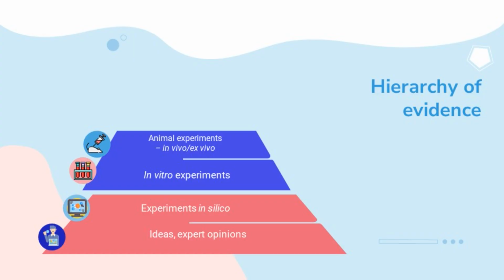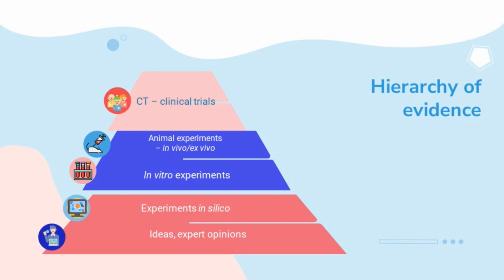You can see that the slide states in vivo and ex vivo experiments. In vivo refers to experiments or procedures conducted within a whole, living organism in its natural state, meaning right within an animal. Ex vivo refers to experiments or procedures performed on tissues or organs outside the living organism but maintaining their biological structure. For example, when blood cells are extracted from a patient or animal, genetically modified in a lab to target cancer, and then reintroduced into the body.